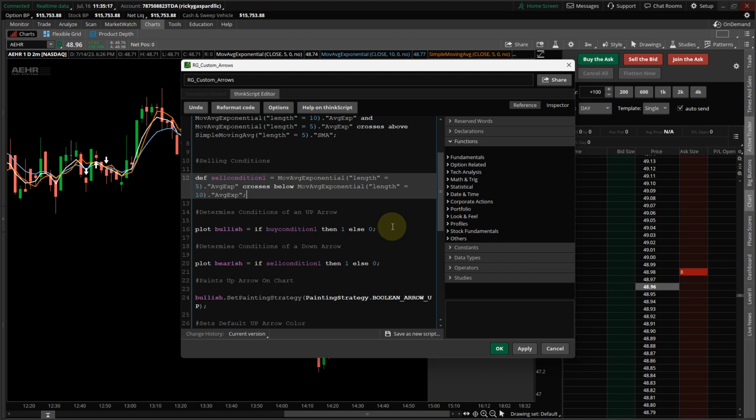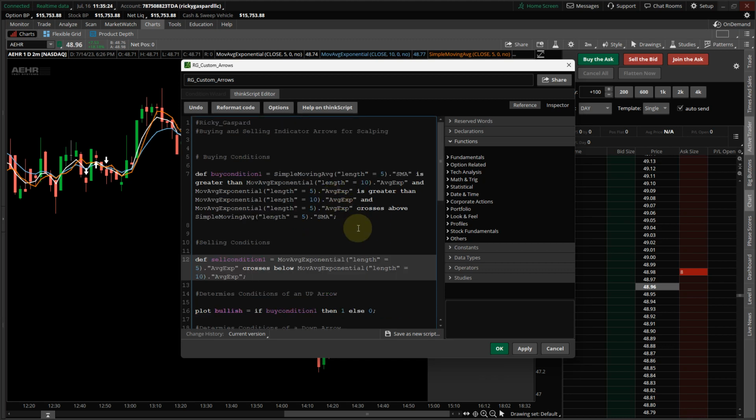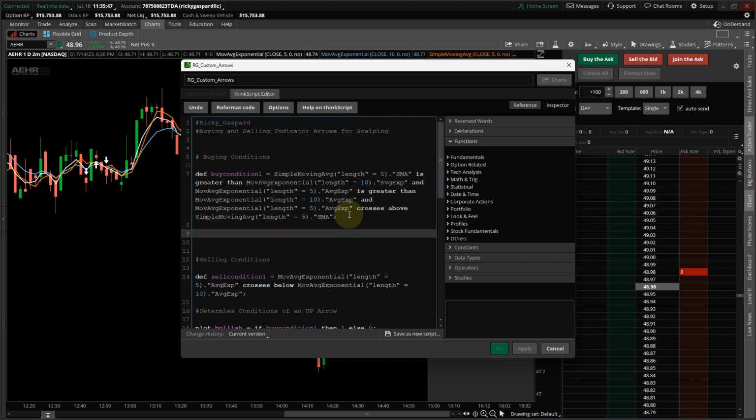So the reason I'm showing you this is so that you can create your own strategies. What I don't want you to do is delete these conditions if you want to create a new strategy, because you can always come back and set it back to sell condition 1 and buy condition 1. You can reuse the strategy. So if you create a new line here and you copied this section,